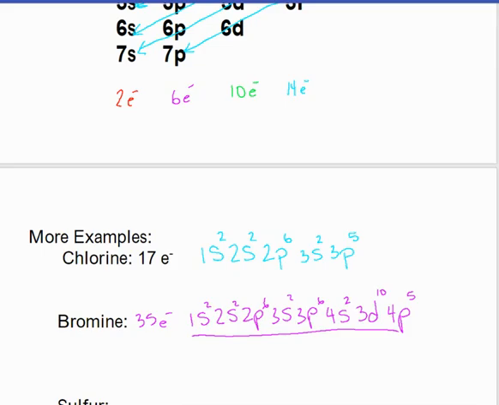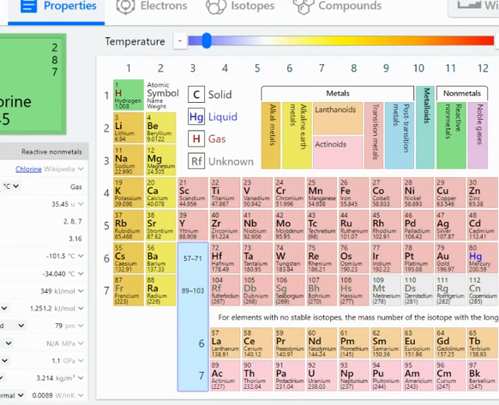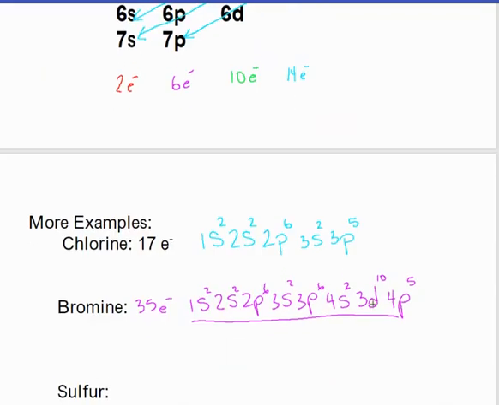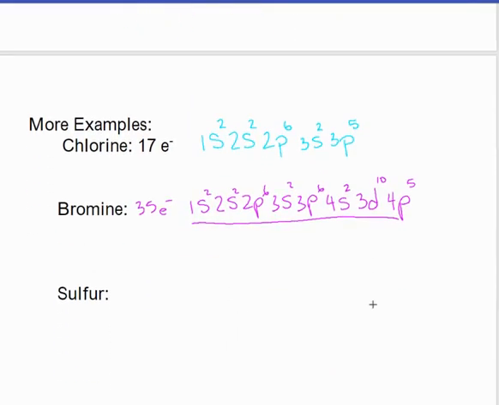Okay, and let's look at sulfur. Sulfur is an easy one. It only has 16 electrons. Okay, so sulfur has 16. Let's see if we can do it using what we have so far. Sulfur is going to be